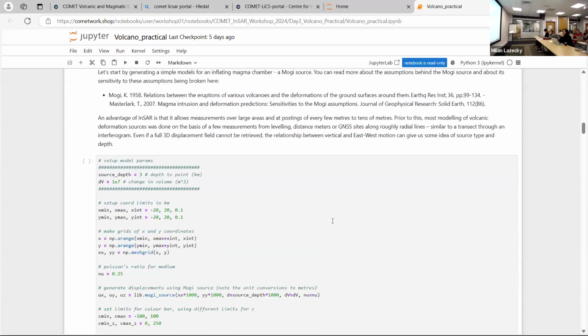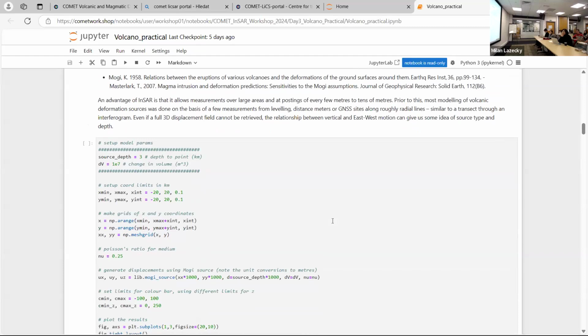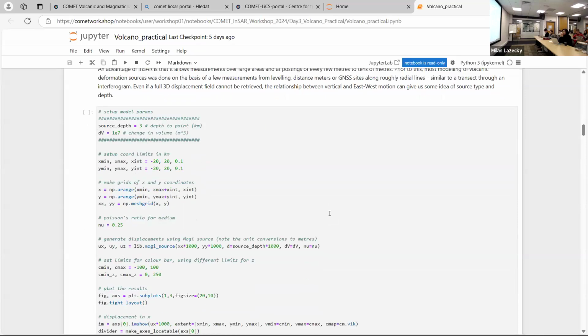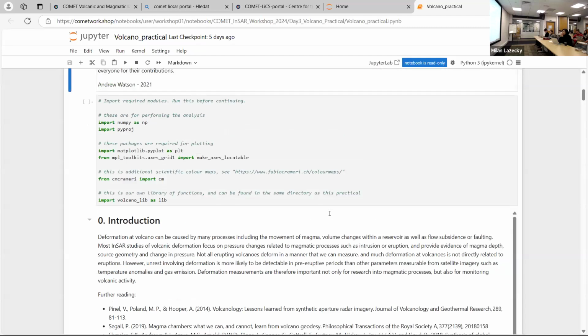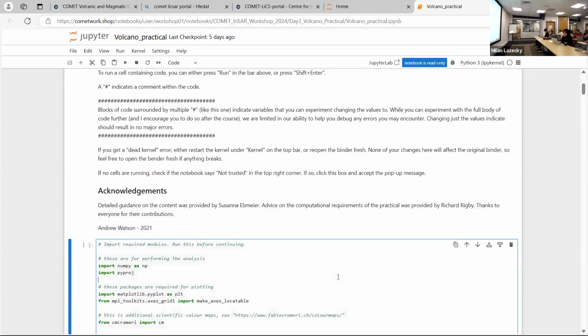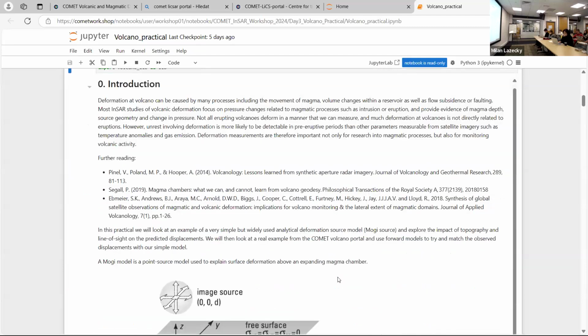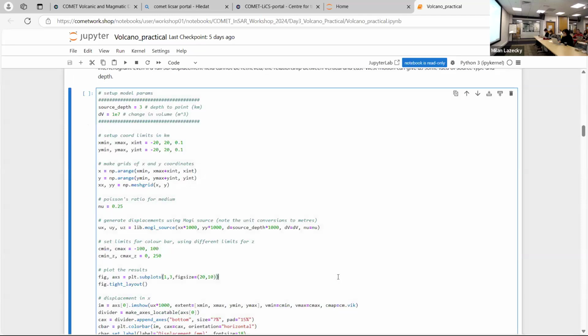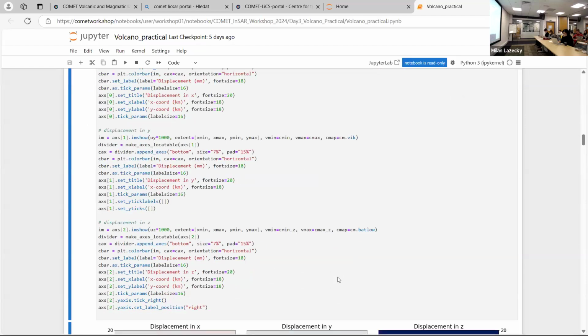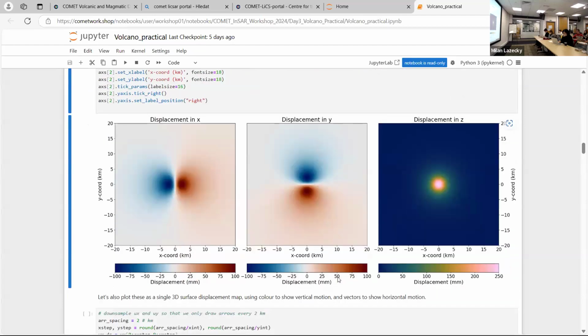Here there are a couple of kernels where Andrew, who wrote this script, has plotted the MOGI model, so you can run these and get some results. Let me just run my entire thing. Has everyone run them and got some cool plots that look like this?